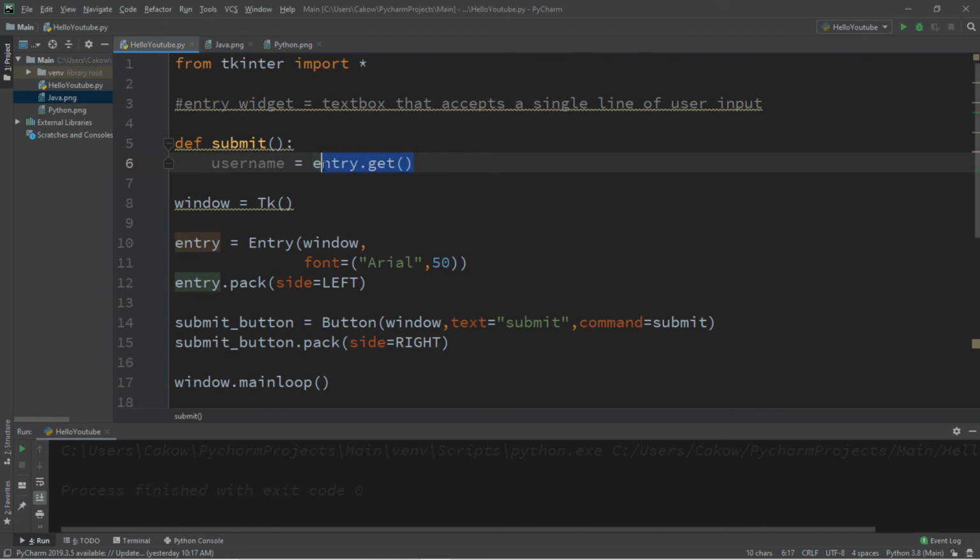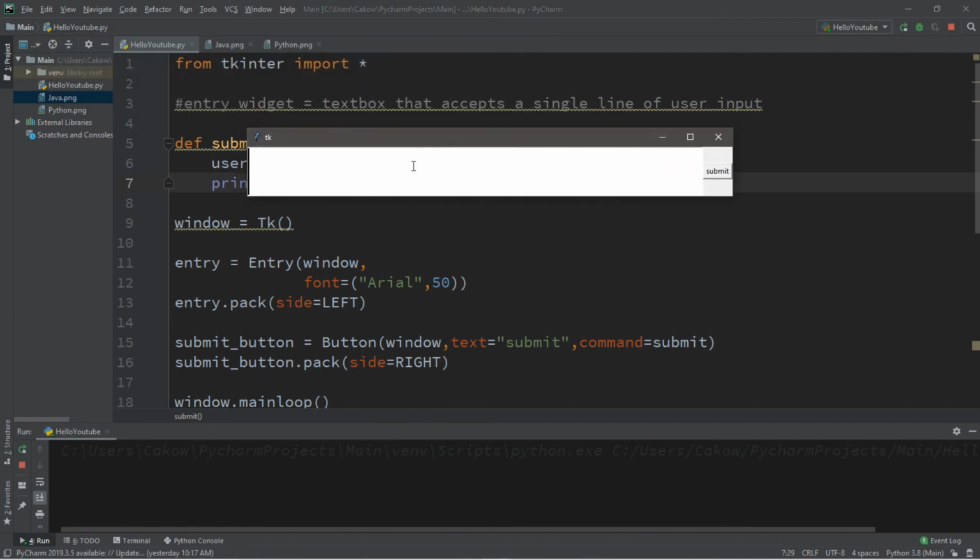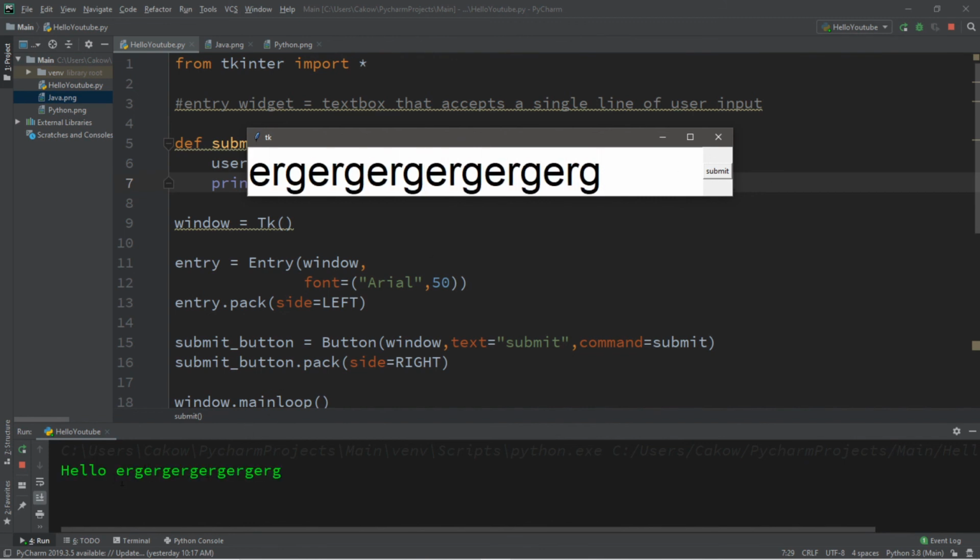So we'll get the current value of the entry box, store that within a variable, and we'll call this username, and then we will maybe print this for fun. Print hello plus username. And let's try this. So here's our entry box here and our submit button. I'm just going to make up something. Click submit, and it displays our message. Hello,